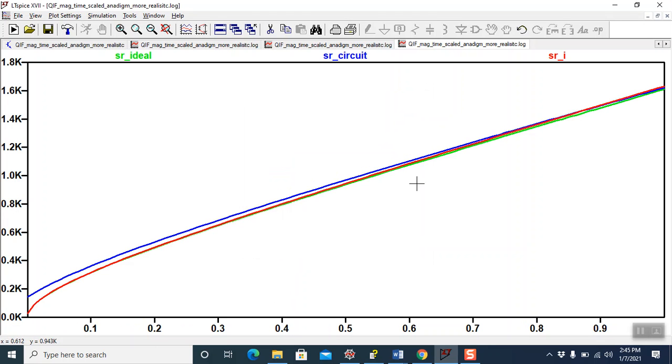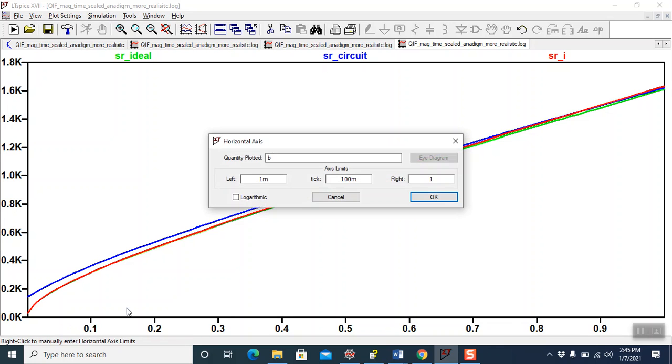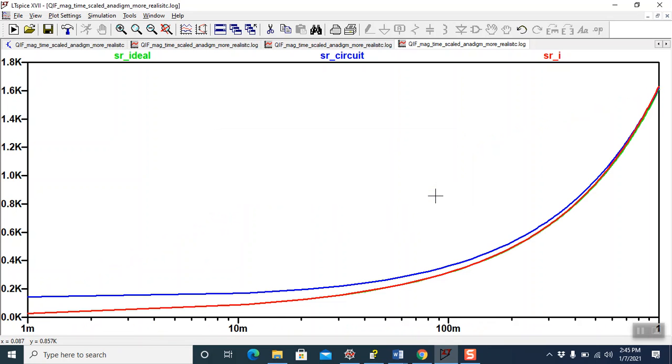And we see the spike rate of the circuit is faster. And if I do this on a log scale, you can see that the spike rate is just headed towards some constant value independent of B. And the reason for that